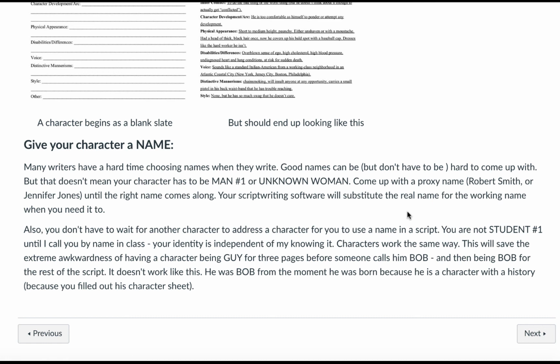So have them start as Bob and be Bob for the rest of the script. If they have an alternate identity, we can cross that down the road. But Bob never has to be unknown man in your script and then suddenly change. That's really awkward. People do it all the time, and I want everyone to stop doing that. Use Bob, and he'll always be that way because you filled out his character sheet. Bob needs a character sheet. Bob knows who he is. You know who Bob is. The reader will know who Bob is. And they will also understand that even though no one has used that character's name, it's just a label for that character for you to work with. So there you go.